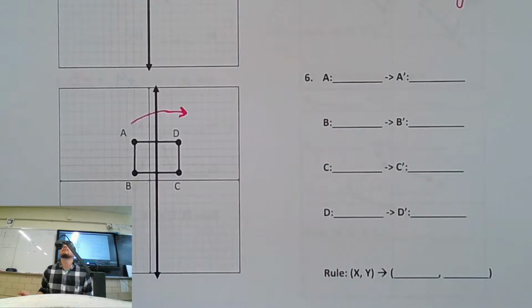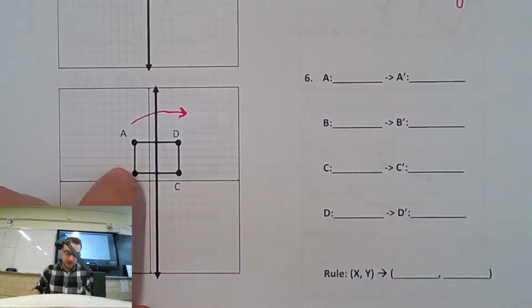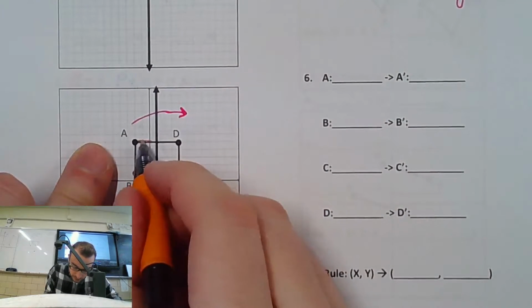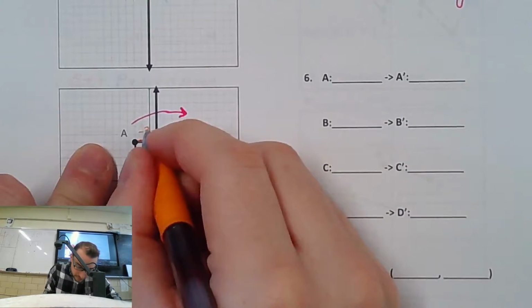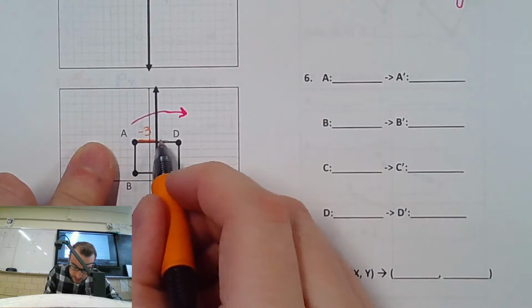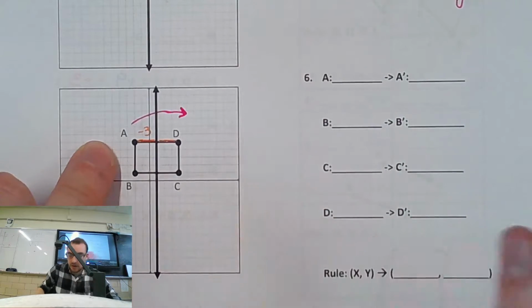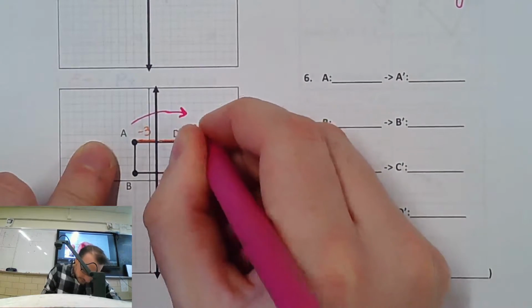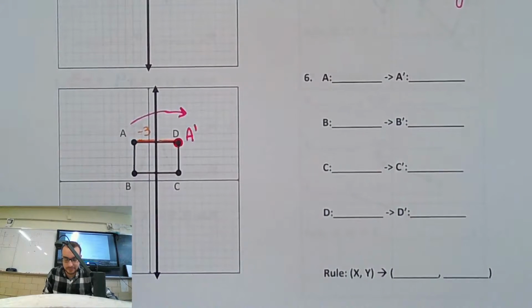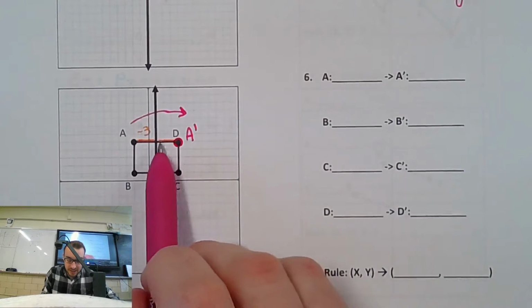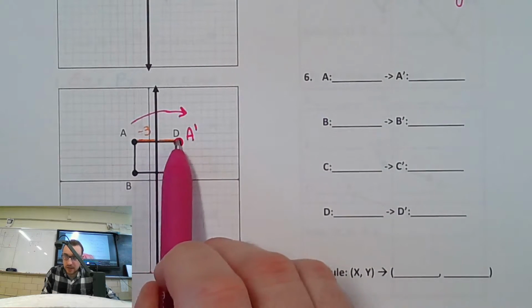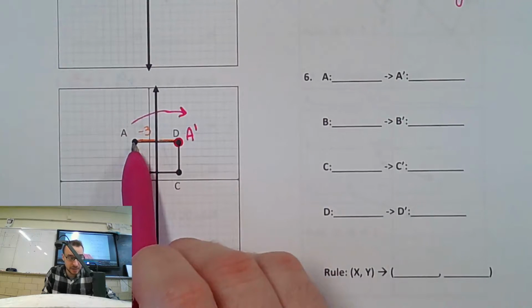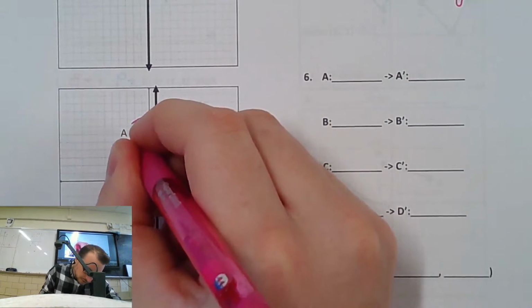Now we know a mirror works this way. If I'm 5 feet from the mirror, mirror me is 5 feet away. So here's A. Look how far it is away from the line of reflection. 3, right? So when I flip it, it's going to be 3 away as well. Well, D's already in its spot, which is annoying, but it's fine. A prime's just going to go there. Also, if you notice, D is also 3 away from the line of reflection. So when I flip it, it's going to be in A's spot after I flip it. Just a coincidence. Sometimes that happens, right?